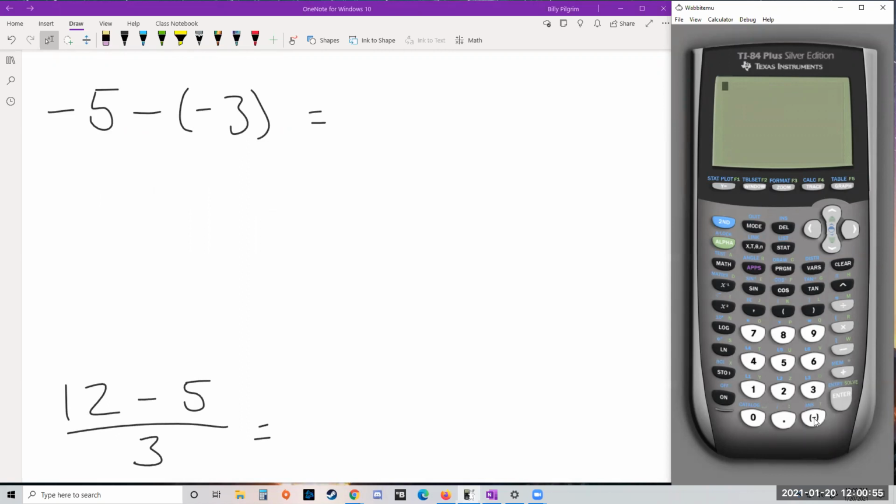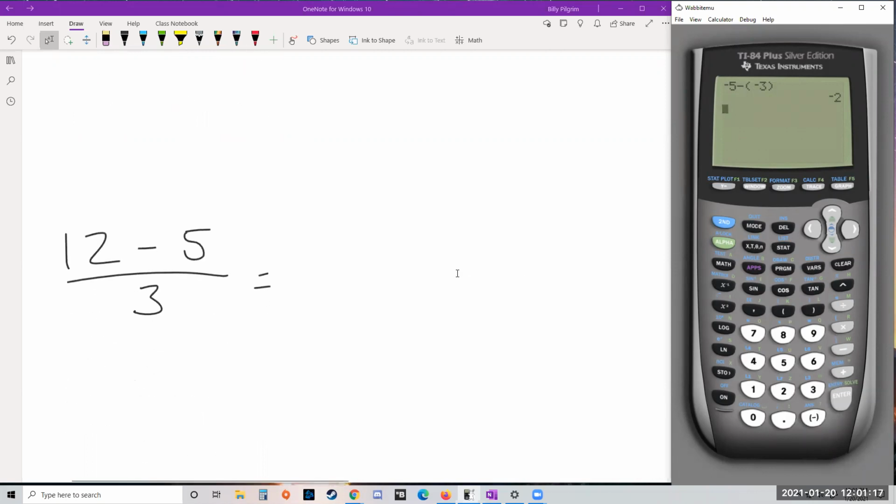So we have to click the negative symbol and then 5 for -5 and then minus for subtraction. And then you can just do a -3, or if you want to enter parentheses like you see it, do parentheses, -3, close parentheses. And either way, that'll give you your answer. So just try to make sure you don't use the subtraction as a negative or the negative as subtraction,